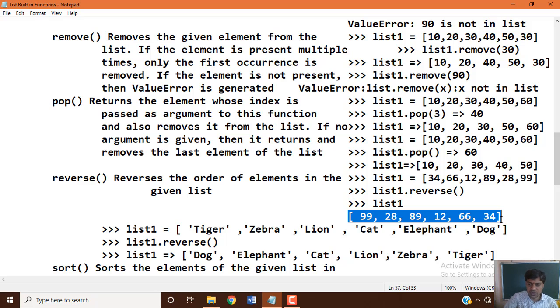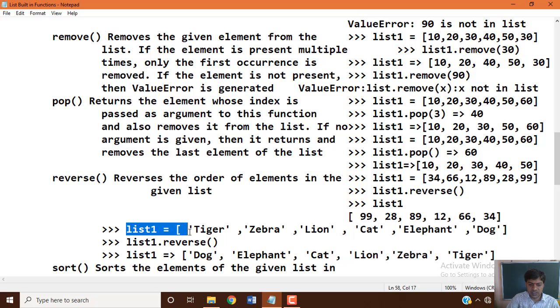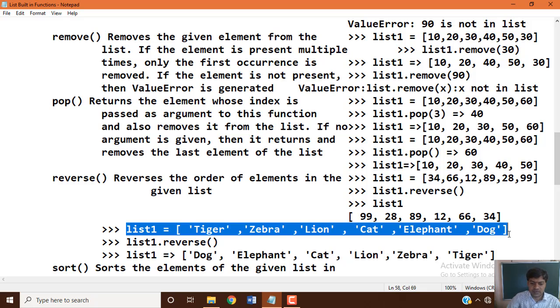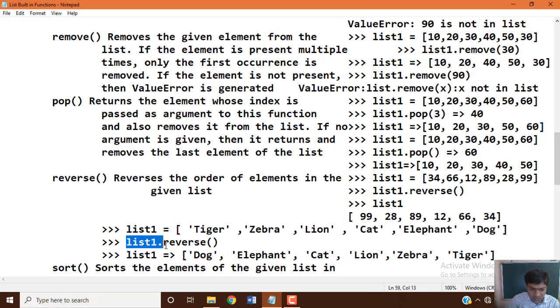In the same manner, you can apply it to string values. A list which contains string values: list 1 equals tiger, zebra, lion, cat, elephant, dog. If you want reverse order, that is dog, elephant, cat, lion, zebra, tiger, you just apply the variable followed by the list 1 dot reverse function.